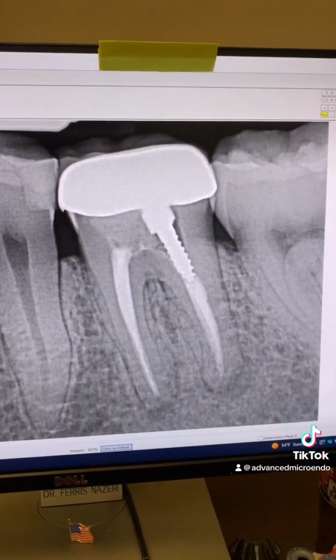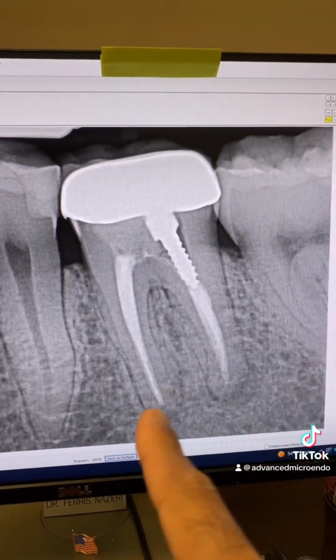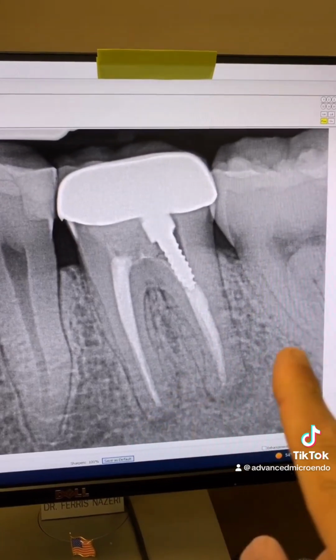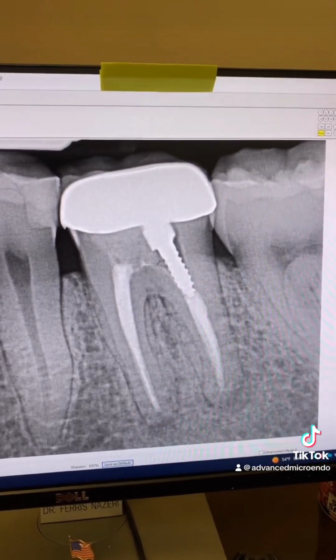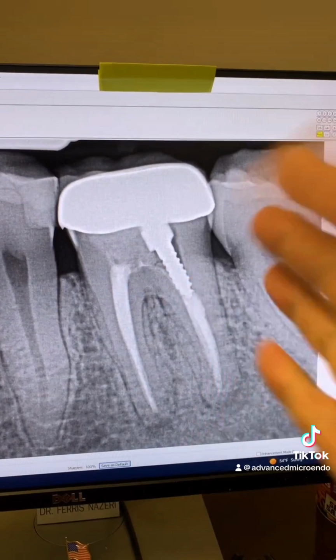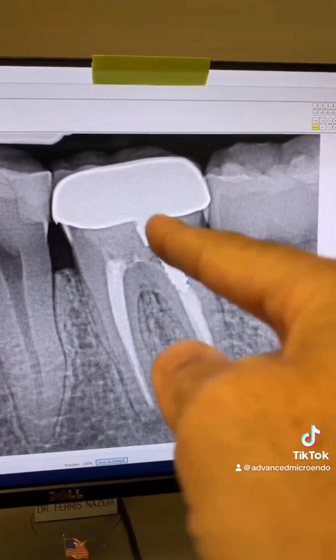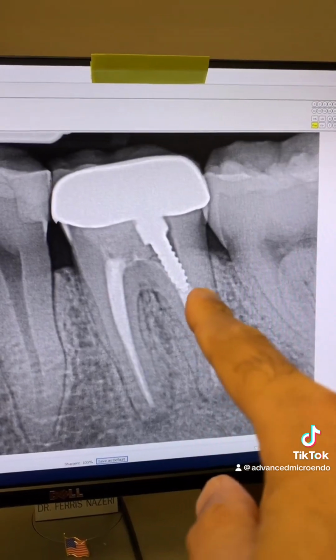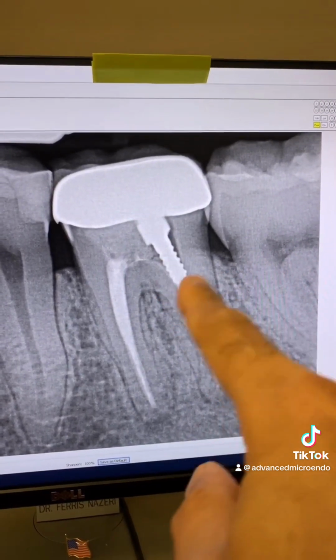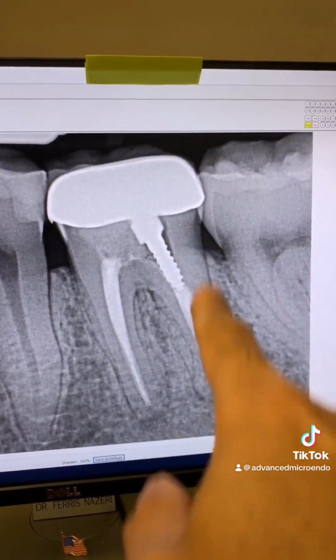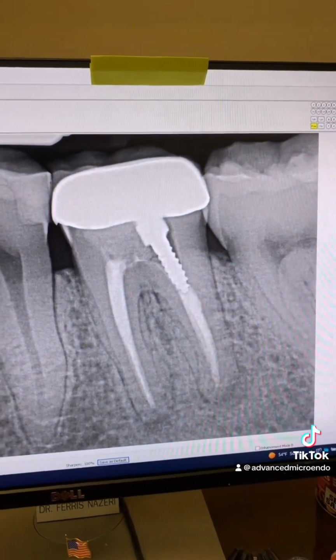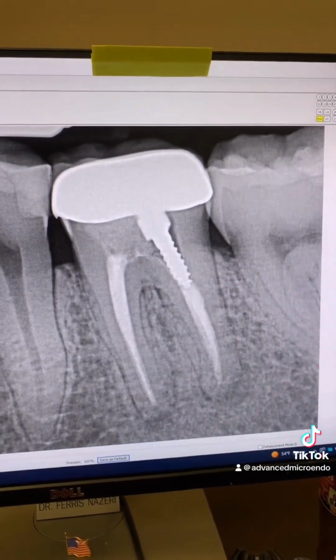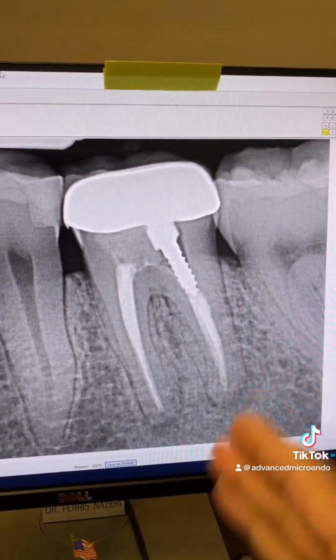And so we took a look, and it looks like a little lucency here. Look at that post. That post is not doing anything. What is that post doing? Nothing. Literally nothing. But I'm glad that this post hasn't caused a vertical root fracture of this distal root there 20 years later. But anyways,